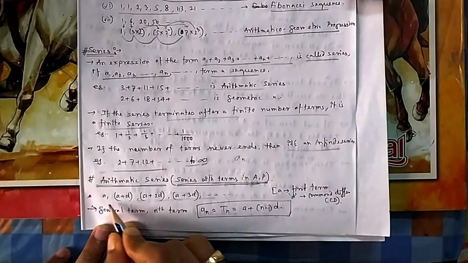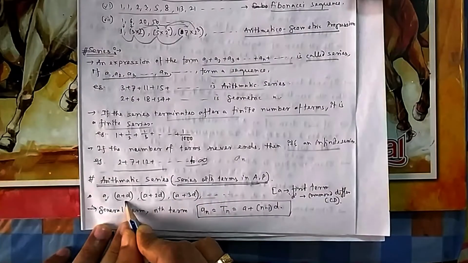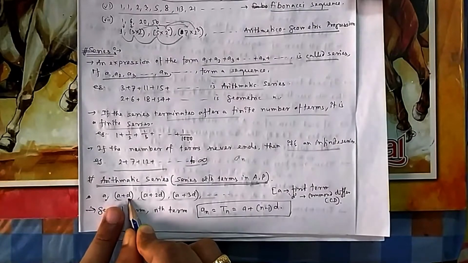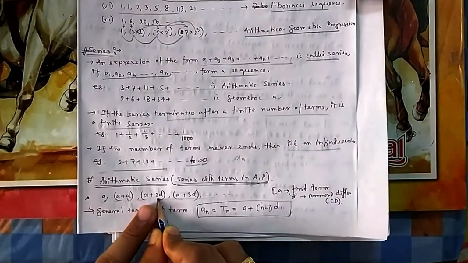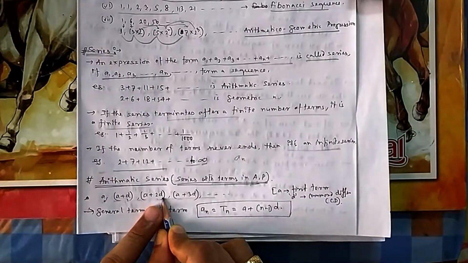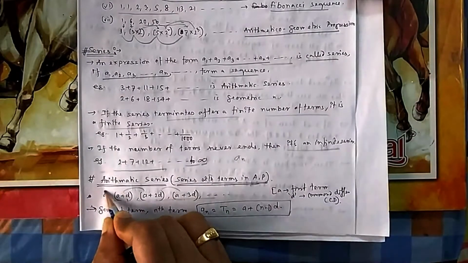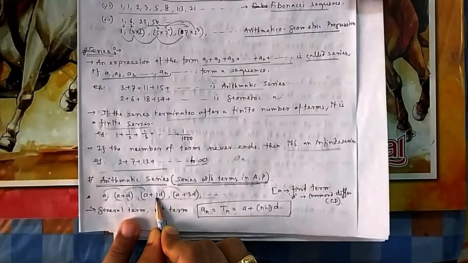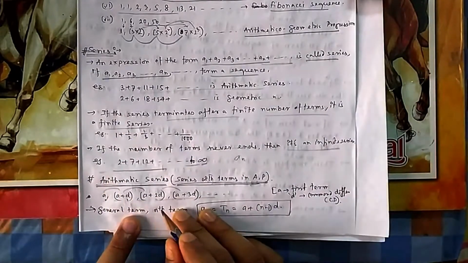So what is an arithmetic series? The first term is A here, then you get the next term by adding a constant that is known as D. Again you add the constant D, so it becomes D plus D, 2D. Again you add, so the difference is always D. That was the idea for arithmetic progression you have seen. That's why we defined it.